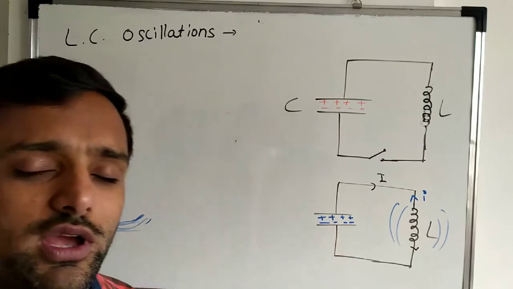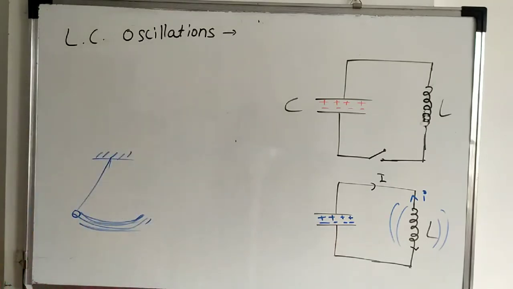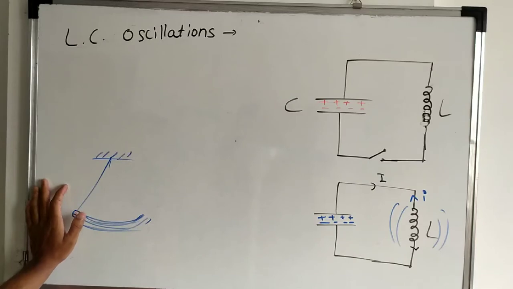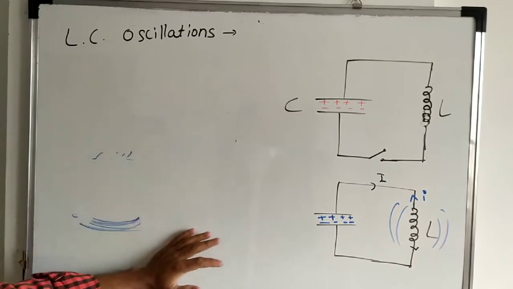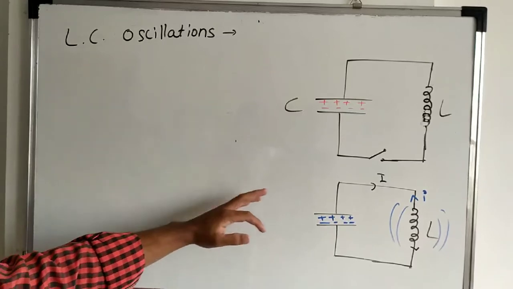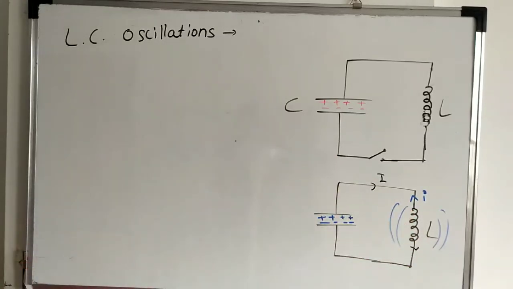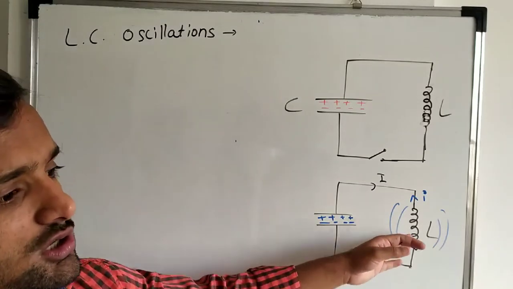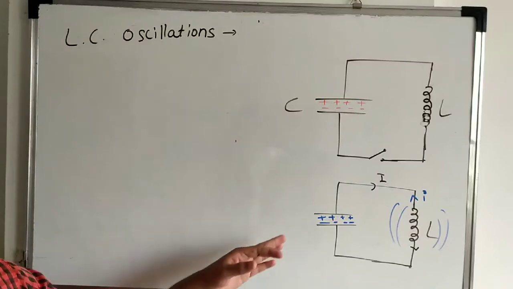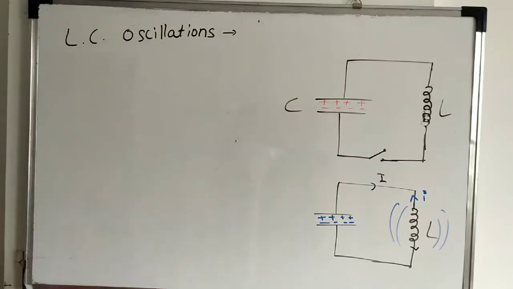In this case also we have the same type of oscillations, where the capacitor is initially completely charged. That electrostatic energy is converted into the magnetic field across the inductor coil. Again in the inductor coil there is production of induced EMF, which is converted into the induced current flowing in the opposite direction, and the capacitor again gets charged. So this is called LC oscillations. This is also one important topic for the 2 marks.